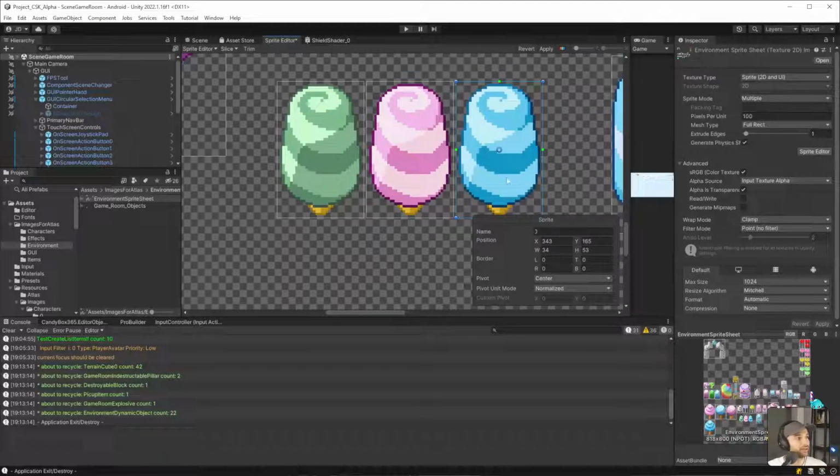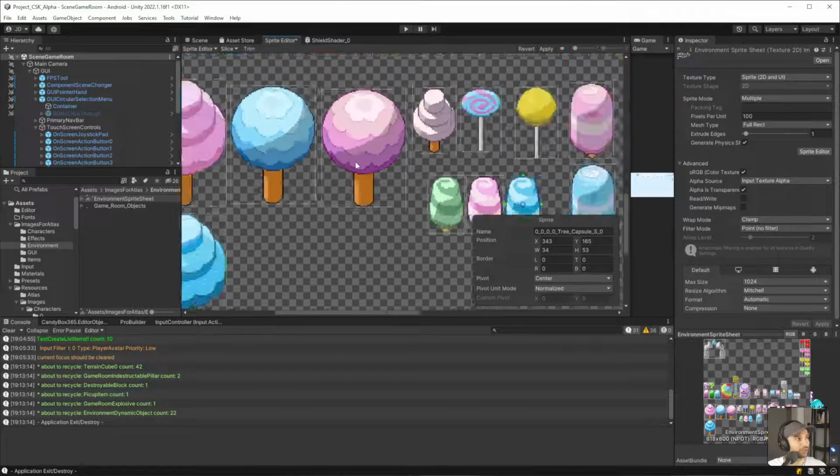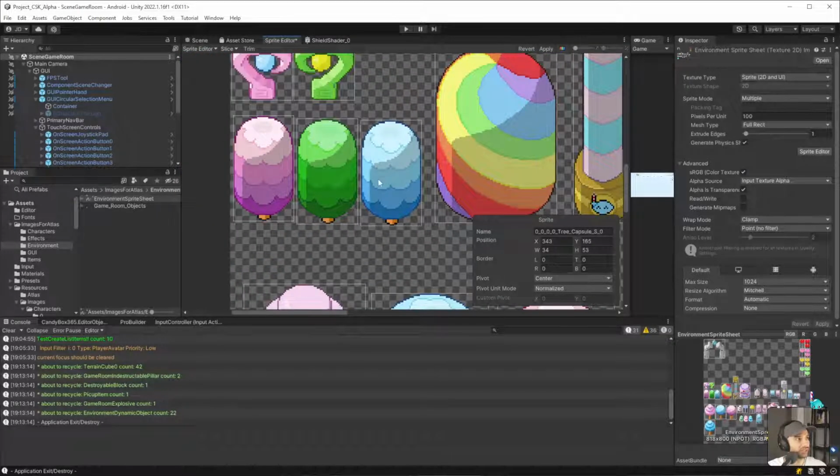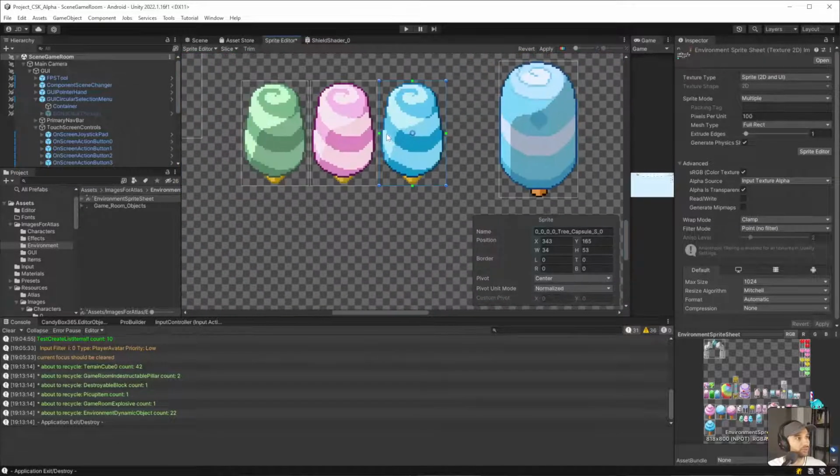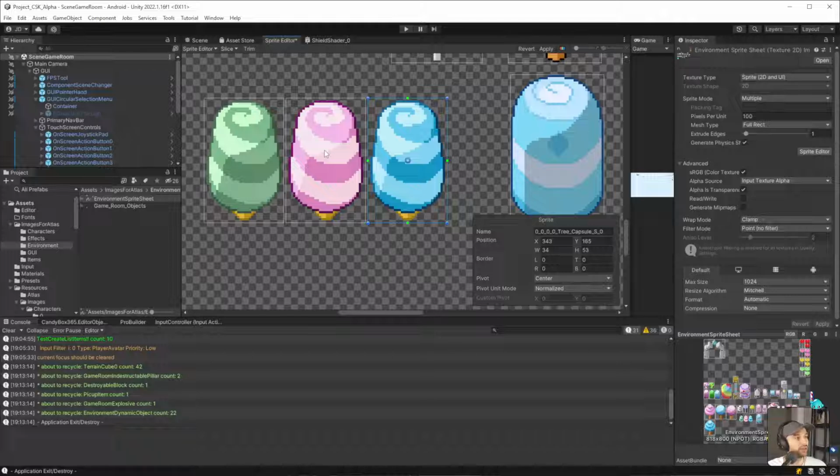Okay, so what I want to do is call it, wait, what happened here? I'm not sure what happened there. Okay, so this one is tree. It's not really a capsule like these ones here. These ones, I called them capsules. These ones, we can come up with a new name entirely. So it is a tree instead of capsule.